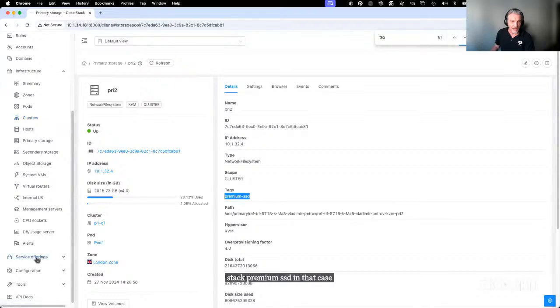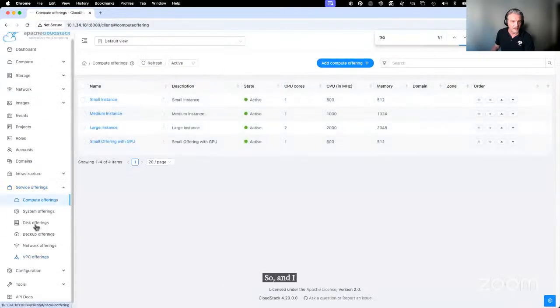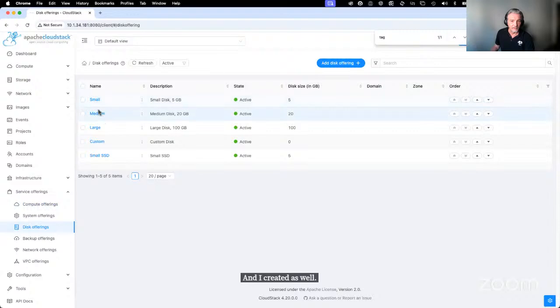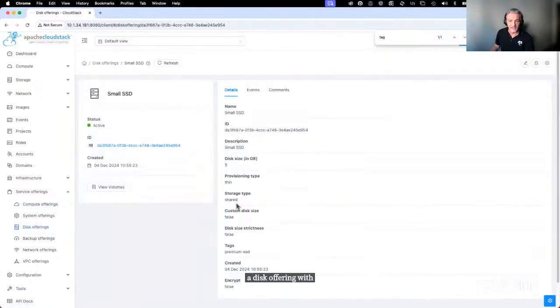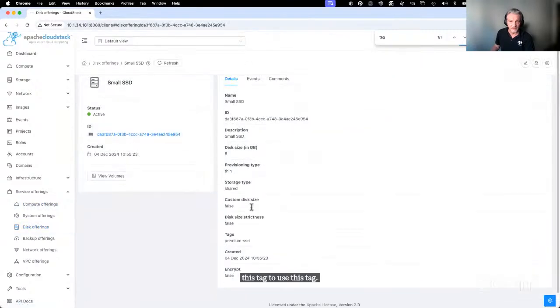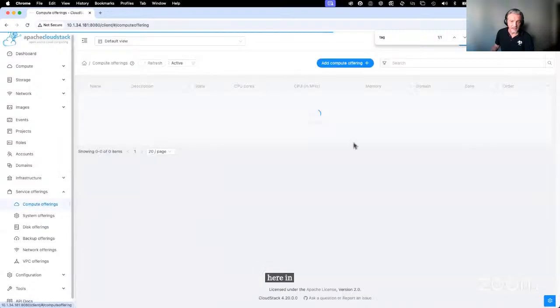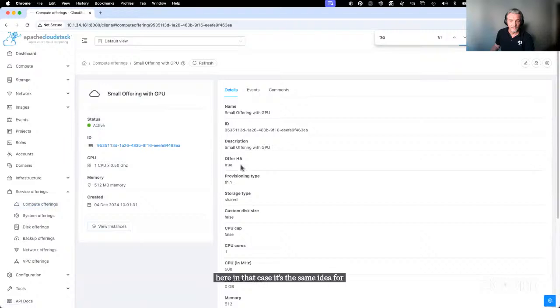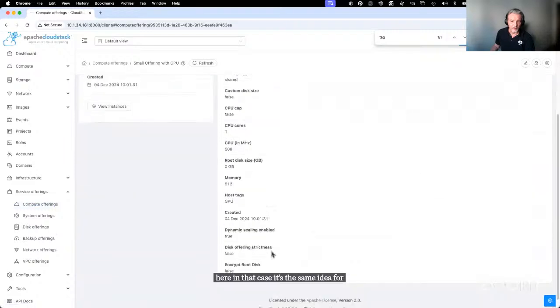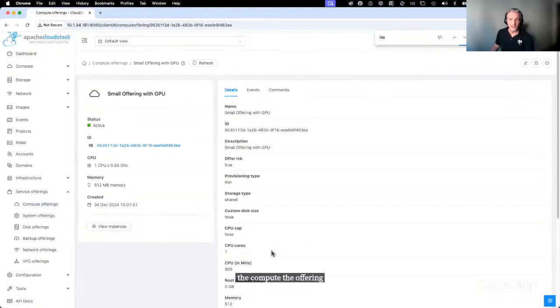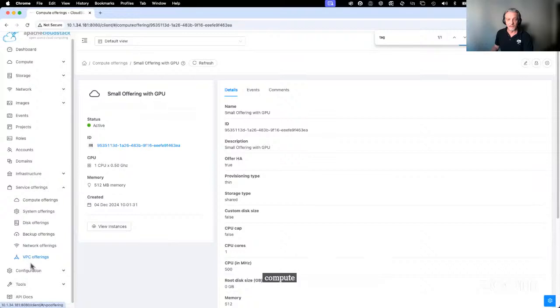And I created as well a disk offering with this tag, to use this tag here in that case. It's the same I did for the compute offering. So in that case, I have some instance created based on this compute and some disk created